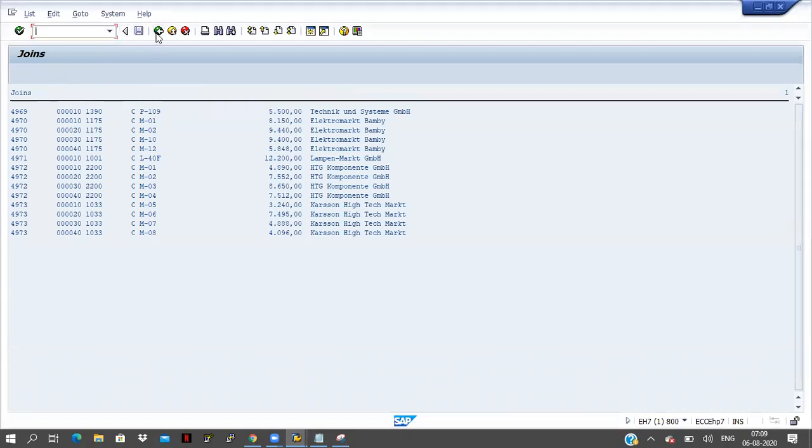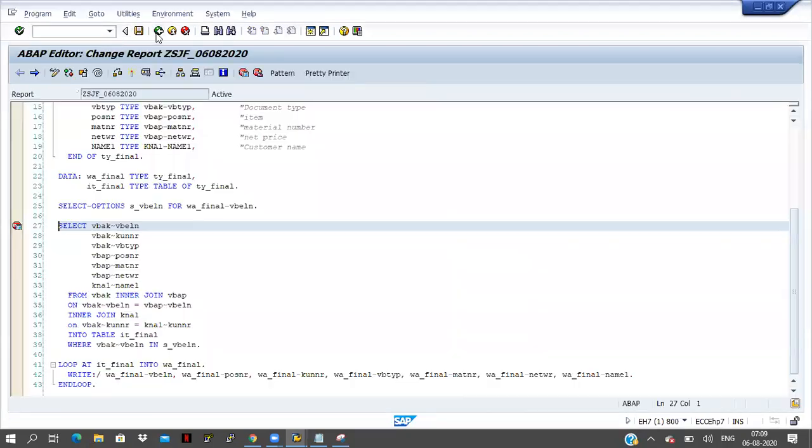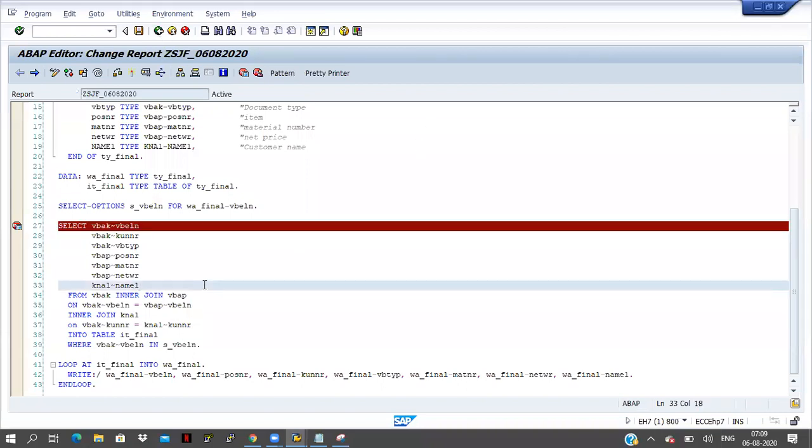But in real time, it may contain 5-6 tables we have to join here, and we have given some conditions from those tables. Here I am taking some 30 fields in the select query. For each and every field, I have to mention the table name, then the field name. So instead of the table name, we can go for an alias also.